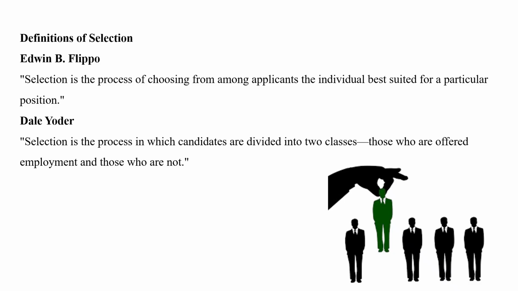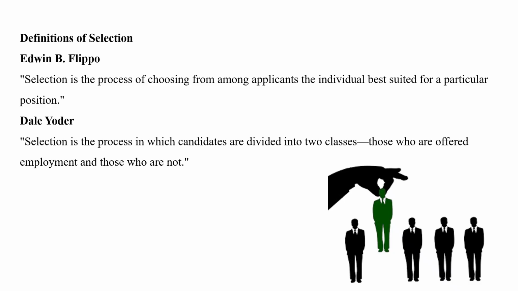Edwin Flippo. The first definition is given by Edwin Flippo, a well-known human resource management expert. He defines selection as a process of choosing from among the applicants the individual best suited for the particular position. Now let's understand this definition